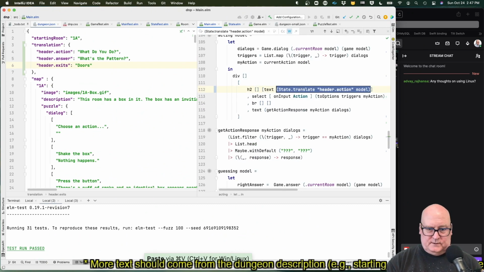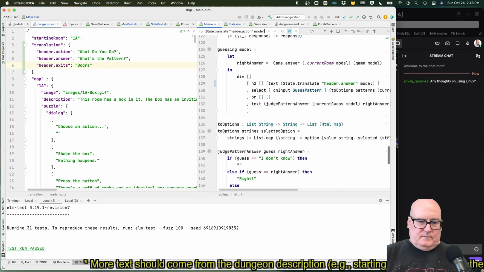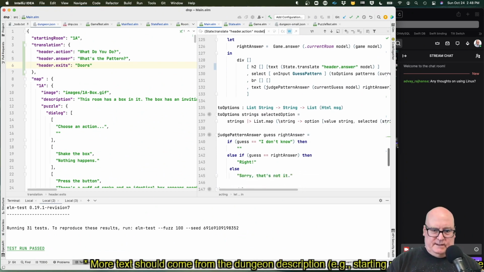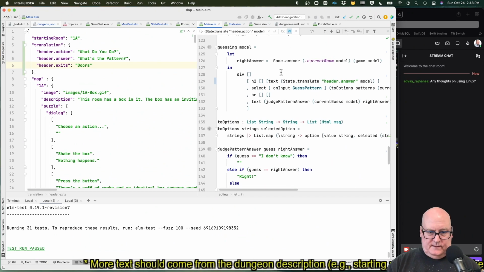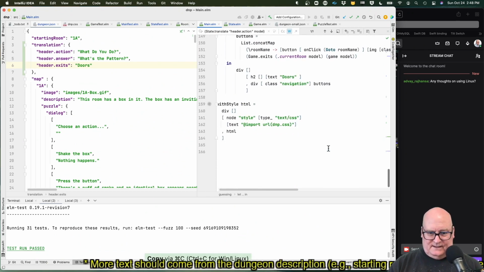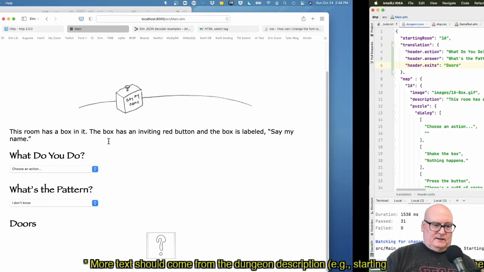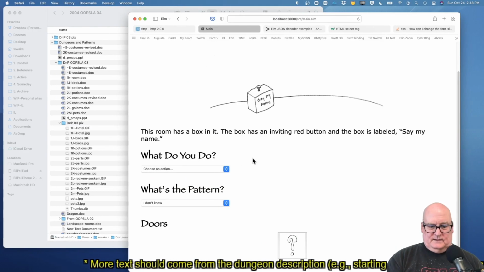Oops. Action, answer. I think I messed up my paste buffer. Clumsy. Okay, just this header.exits model. Okay, with luck and care.